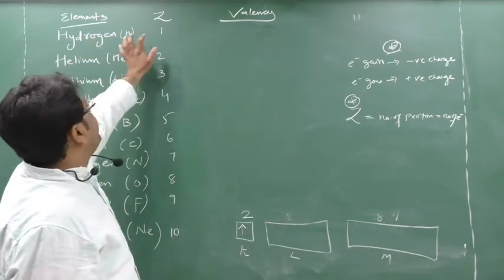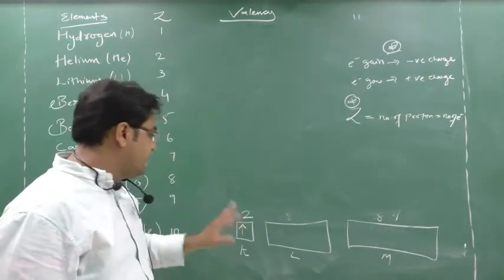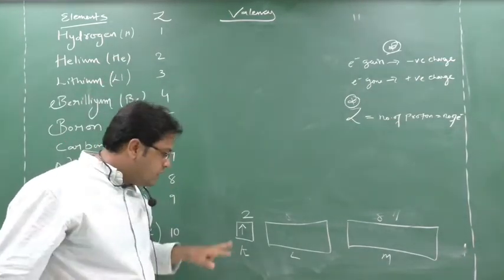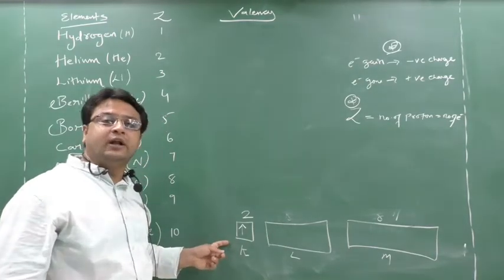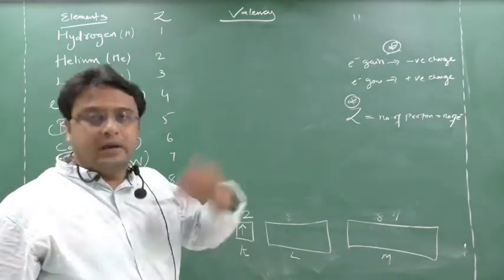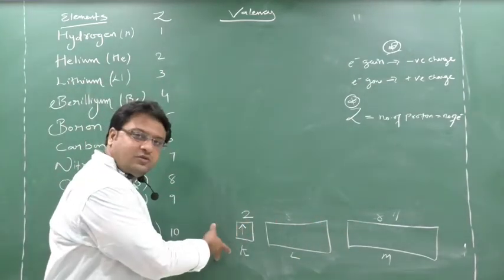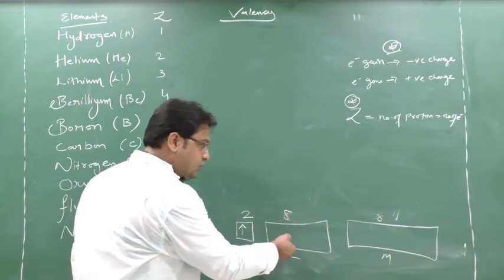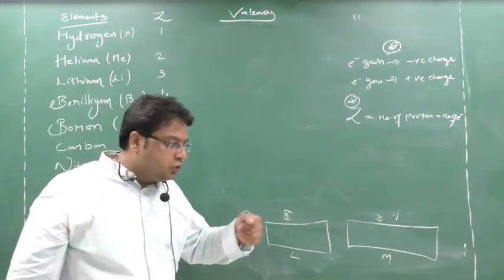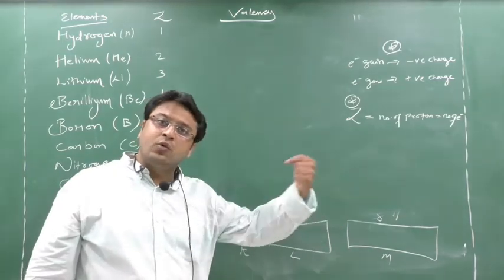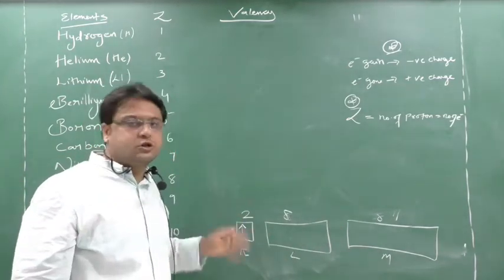See now. So hydrogen, how many atomic number are there? 1. How many electrons? 1. So 1 electron will come here. Understand the logic. 1 electron will come here. Now this person, what will he tell? He will tell, either you bring 1 or you go, yes or no? Because he wants maximum 2 or 0. Here maximum 8 or 0. So what will he tell hydrogen? Either you go or you bring 1. I will not give you a single one. I want maximum 2 or 0.